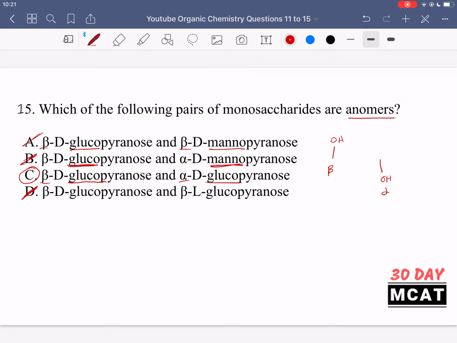D is incorrect because although we are talking about glucopyranose in both, first of all, we don't have the beta and alpha forms, and second of all, we have the D form and then the L form. So the D and L refers to the overall orientation of the hydrogens and the OHs, where they are, meaning that on the chiral carbons on this sugar, they're in opposite directions. So these 2 would be enantiomers of each other. The D form of a sugar and the L form are enantiomers, but that's something different than what we're talking